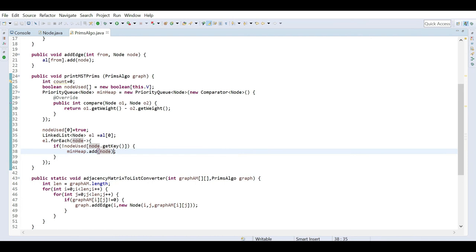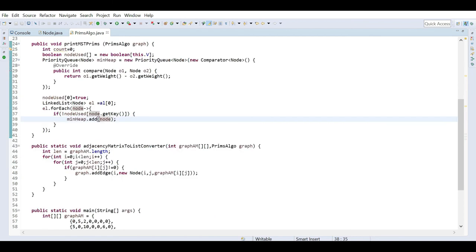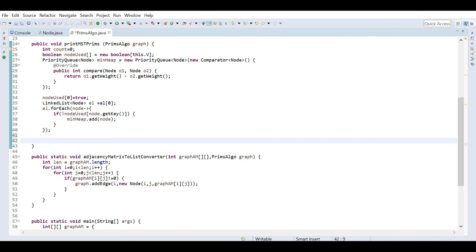Next time if I do min heap dot poll, or min heap dot pop method actually, that will return me the node with the minimum weight. So now going onwards, we have to pick one node and then work on that. For that purpose, we can define a node variable here, which we will keep on using. I am initializing it as null.